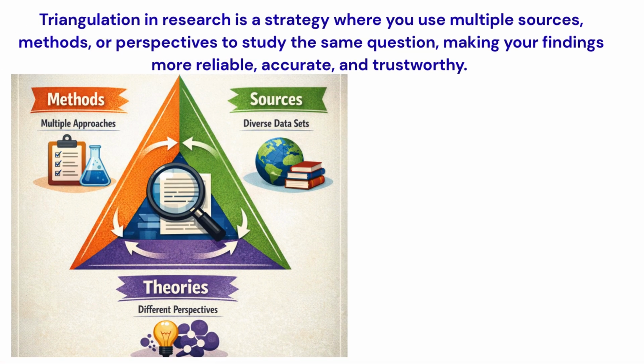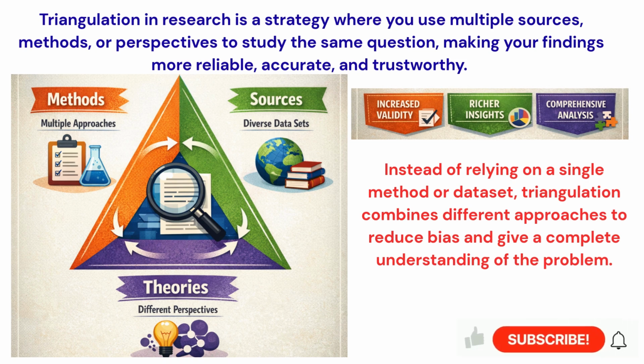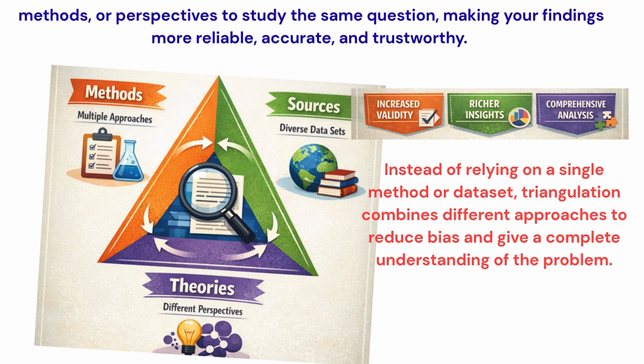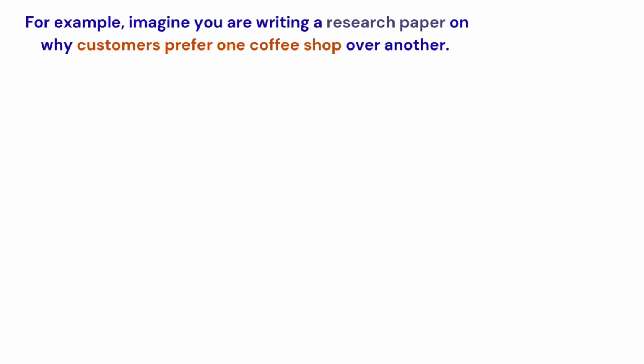Triangulation in research is a strategy where you use multiple sources, methods, or perspectives to study the same question, making your findings more reliable, accurate, and trustworthy. Instead of relying on a single method or dataset, triangulation combines different approaches to reduce bias and give a complete understanding of the problem. For example, imagine you are writing a research paper on why customers prefer one coffee shop